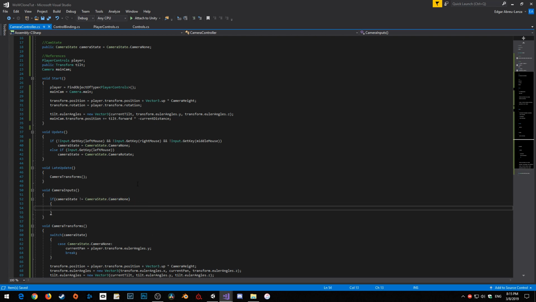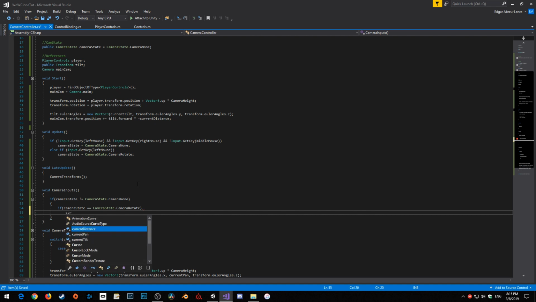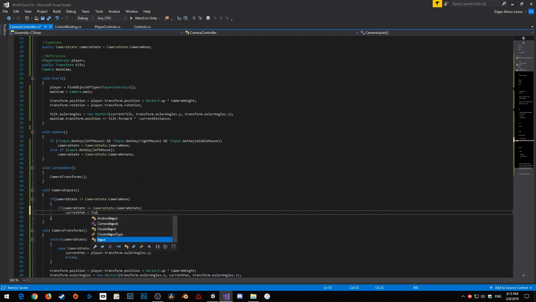In this case, I want to check to see if it's camera rotate, because if it's camera rotate, then we are going to be manipulating the pan. So if camera state is equal to camera state dot camera rotate, then our current pan will be equal to input dot get axis